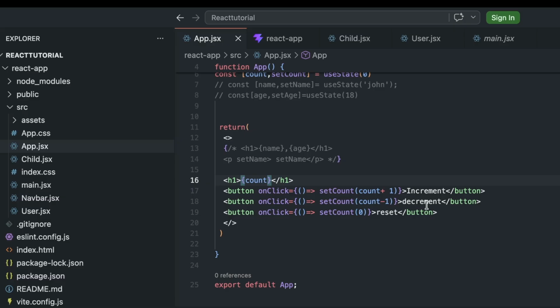Same here, we write the decrement value, and the reset button also updates the value, and React automatically renders the UI.